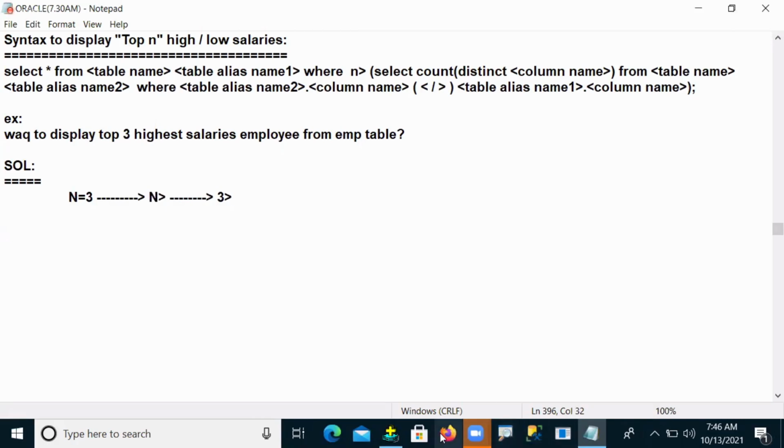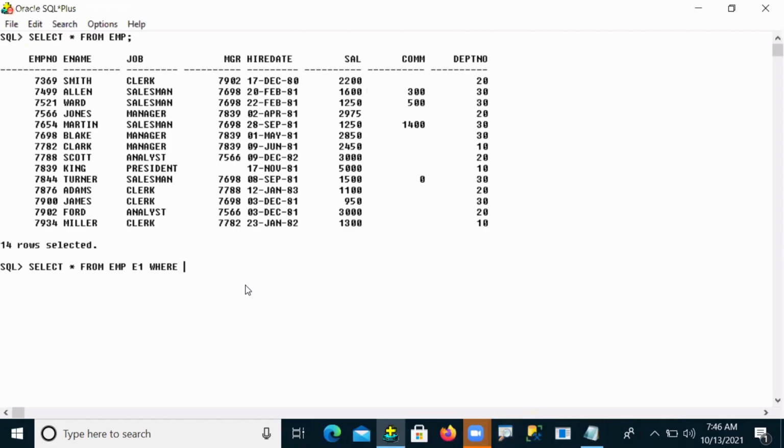And now let me come out here. So EMP and 3 greater than the inner query: select count of distinct sal from EMP E2. The logic is E2 dot salary greater than E1 dot salary.